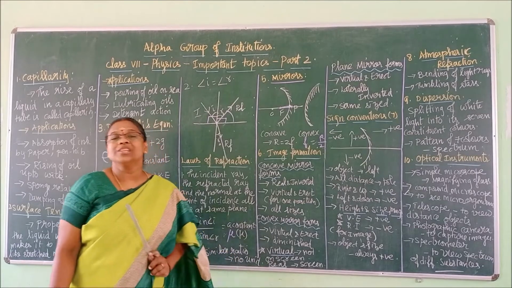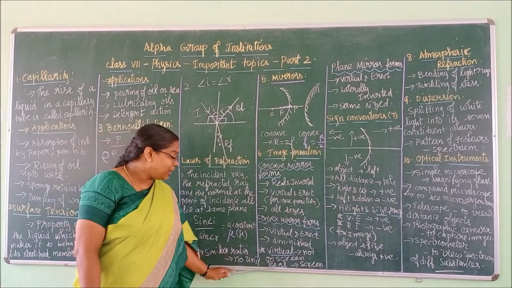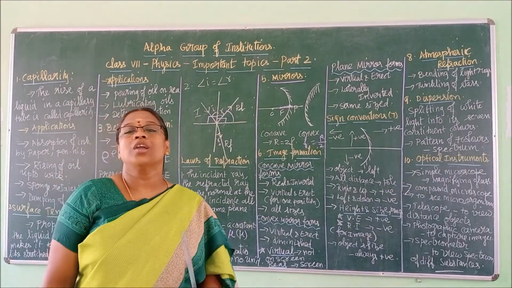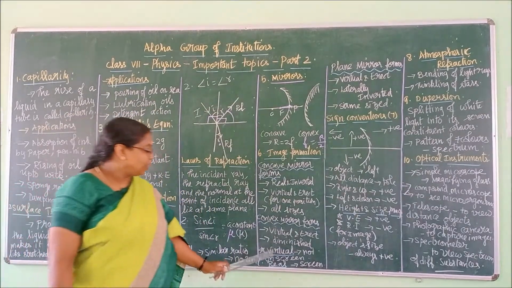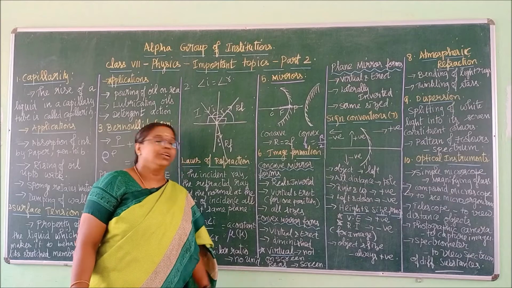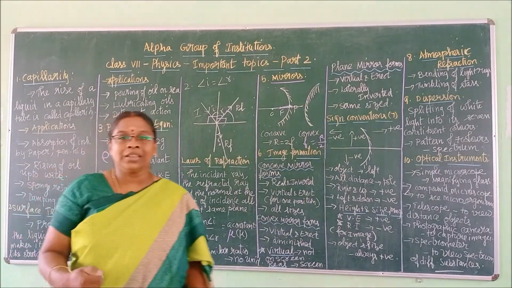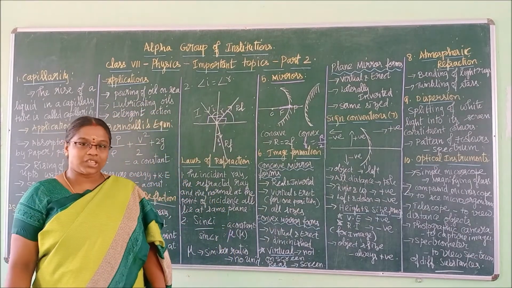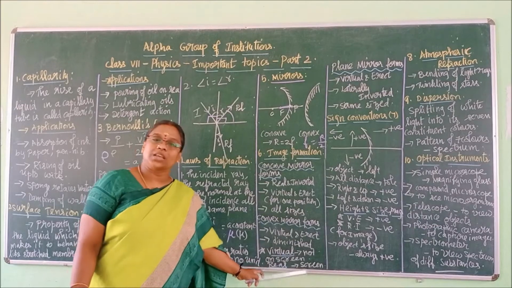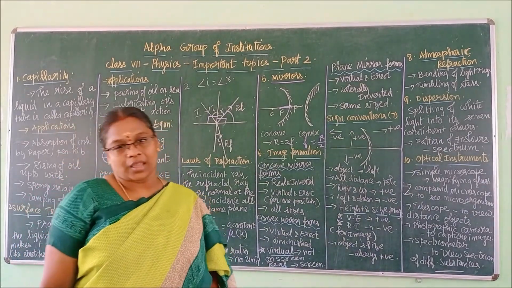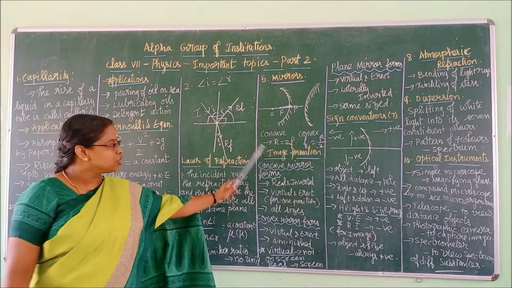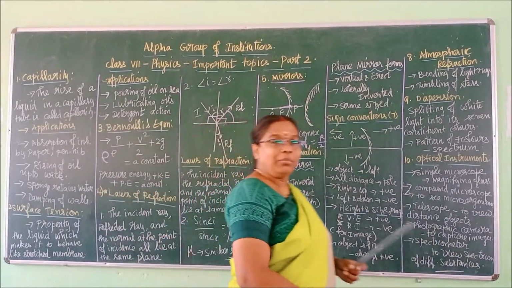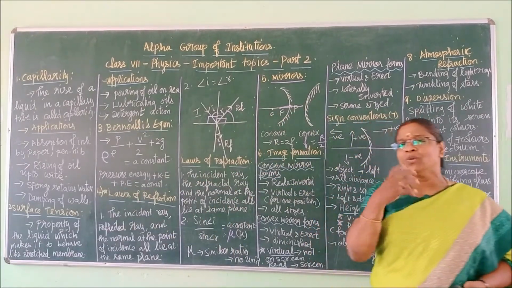Next, we have to differentiate between virtual image and real image. I have explained that in the class. A virtual image is an image not seen on the screen. If we cannot get an image on a screen, that image is called a virtual image. And if we get an image on the screen, then it is called a real image. Clear, children? This differentiation you need to understand very clearly, know it very well. Now coming to the plane mirror. A plane mirror is a mirror which we use at our home.